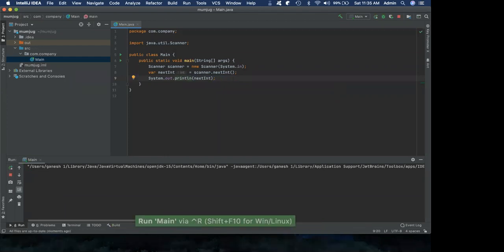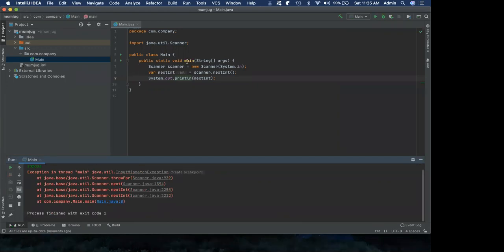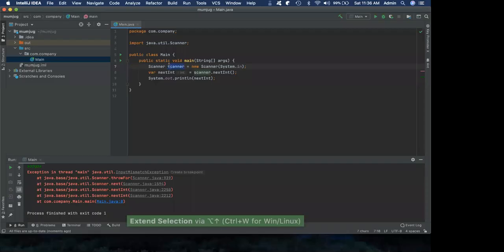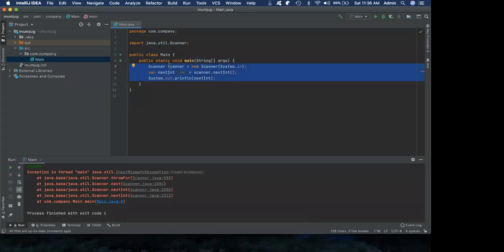Now let us get into one more one. Let's say instead of 10, because I'm not giving anything to prompt the user to type whatever it is, right? So let us say the user types something, blah blah blah, and now we got an exception. So we have to protect this code with an exception handler, right? So I am expanding the selection, and I am surrounding the code.